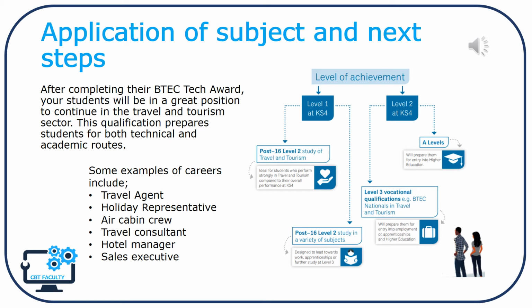With level 2, by achieving a pass, merit or distinction, and again they're equivalent to GCSE qualifications and respected by employers, you can choose to move into A levels, which will prepare you for university and further study if you choose. Alternatively, again looking at colleges that offer the level 3 vocational qualification, for example BTEC Nationals, is just a higher level and will develop the skills you've already learned by studying the BTEC in Key Stage 4 from years 10 and 11. There are so many different options you can go down. As I've stated already, it's a really applicable and practical subject,